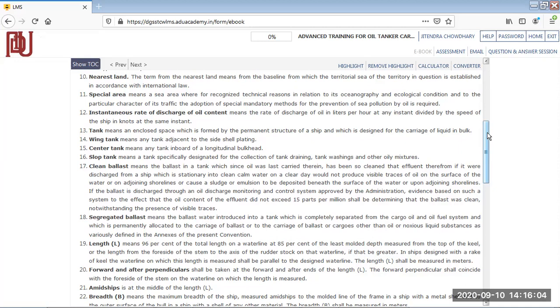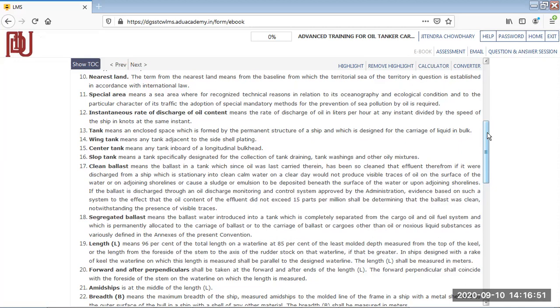Then tank. Cargo oil tank is carrying the liquid or oil. Then wing tanks are on the sides, port and starboard; center tanks are in the center, inside of the longitudinal bulkhead. Then slop tank is designed for collection of tank drainings after the tank washing and oily mixtures. Then clean ballast tank is a tank in which oil was carried before, and now all the tank washing is done